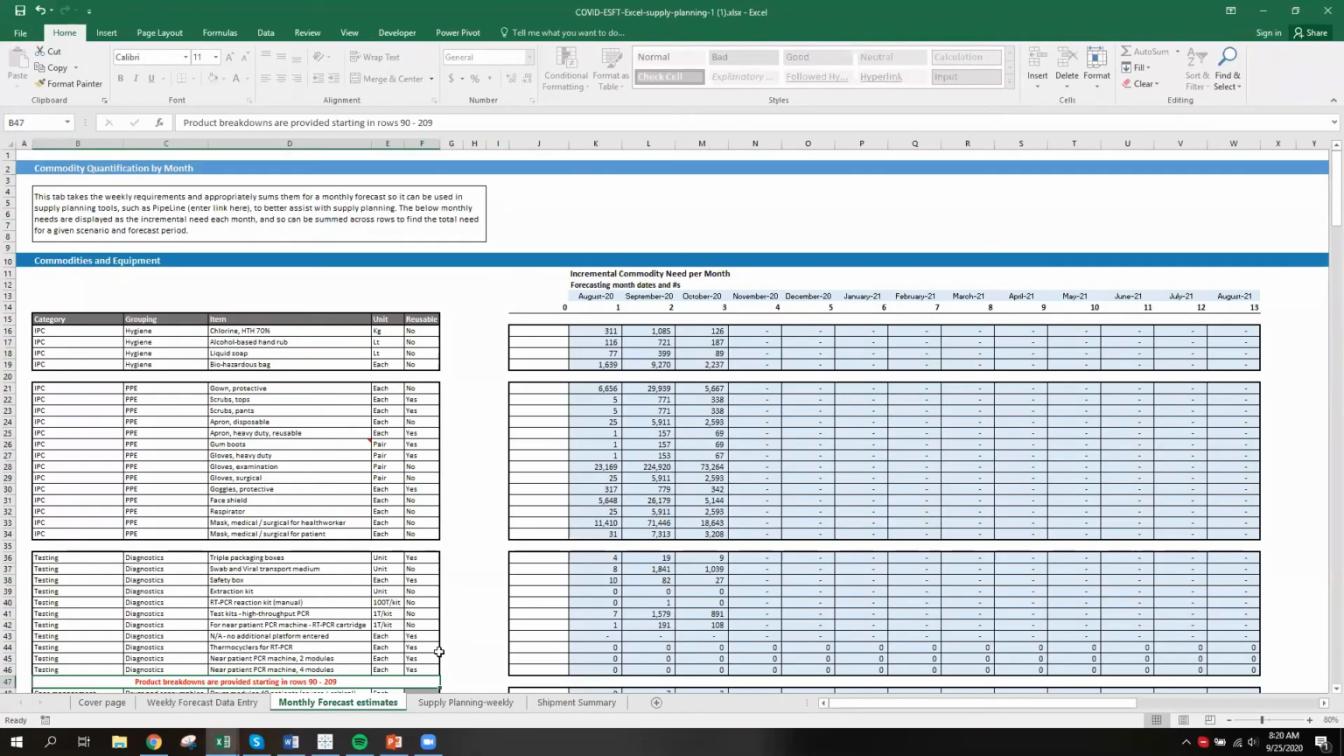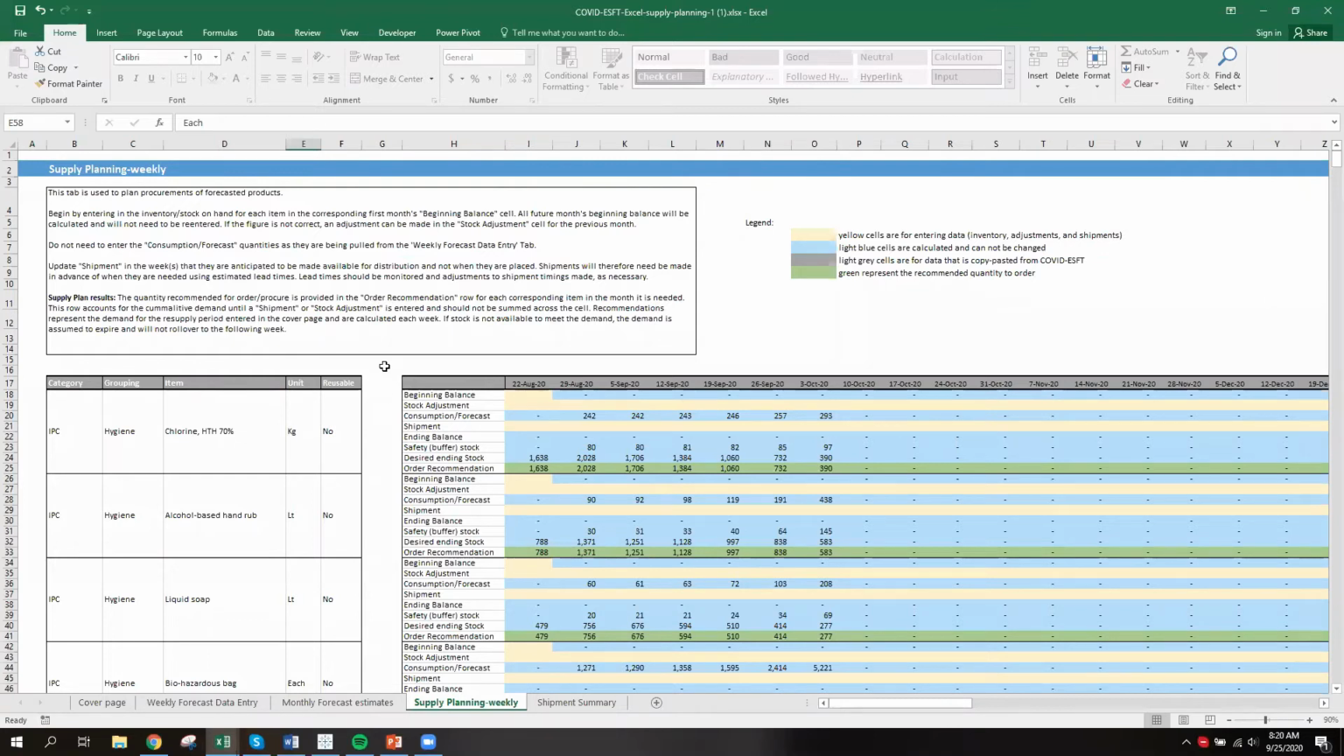But before we do that, let's go to our monthly forecast estimate. All of those weekly forecasts have now been converted to monthly forecasts. So if I wanted to use pipeline and had some of these products already entered into pipeline, I can take these forecasts and use them in there. If I do choose not to and I want to do supply planning here, I can go to my supply planning weekly. All of those forecasts from the weekly tab are now entered in here. I can enter a beginning balance,